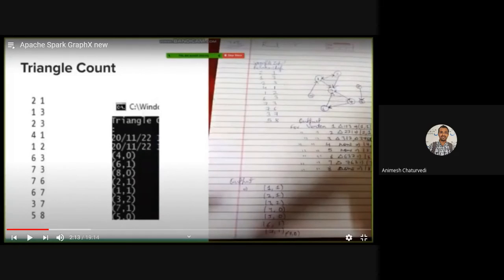These students did the analysis for Facebook, collecting the data set from Stanford's website for the social media of Facebook. They formed a graph like this and did a triangle count algorithm analysis with the help of Apache Spark GraphX.